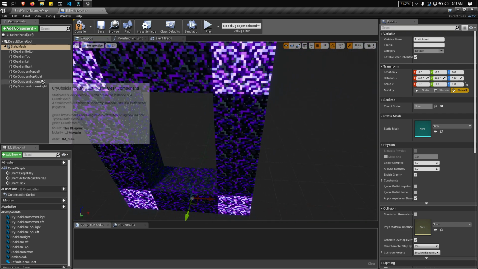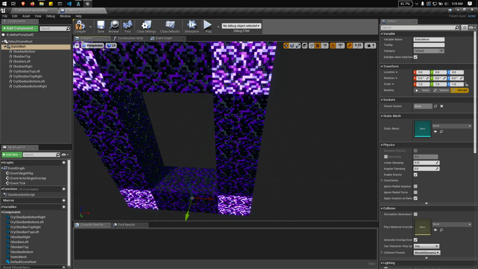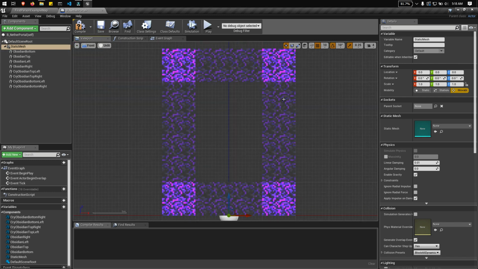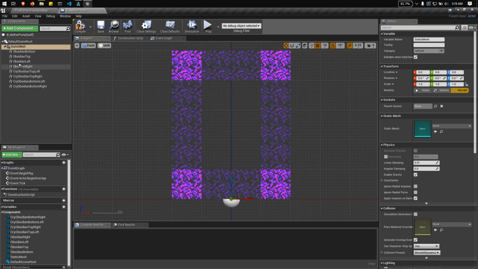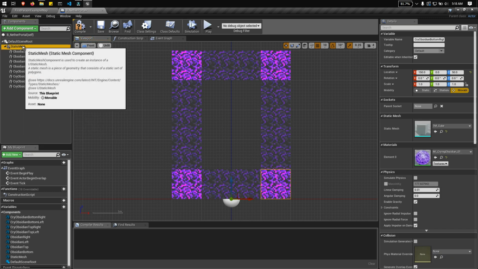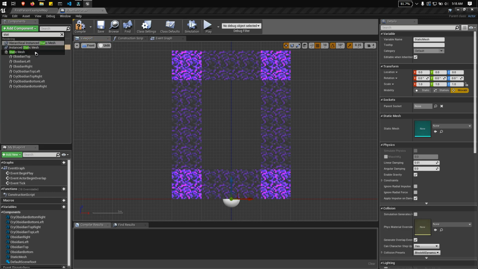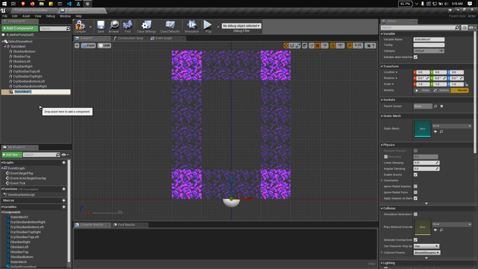So let's head back to the perspective front. Let's create a new static mesh. Let's name this portal. So this is the static mesh of the portal.